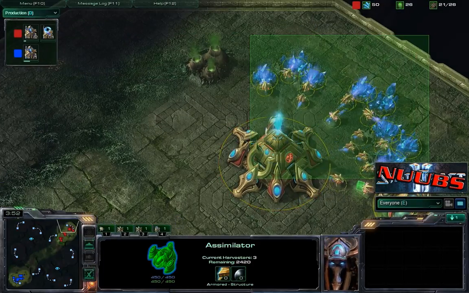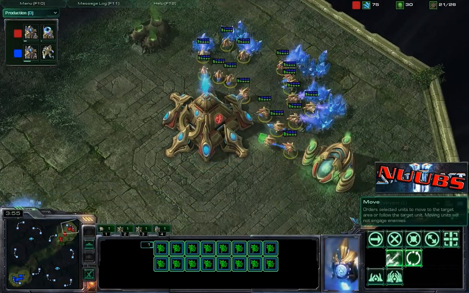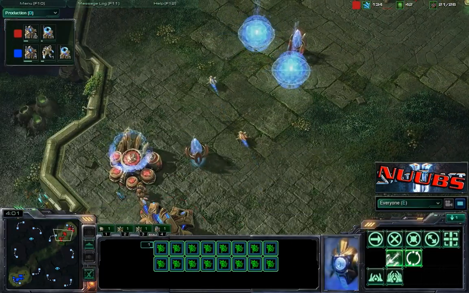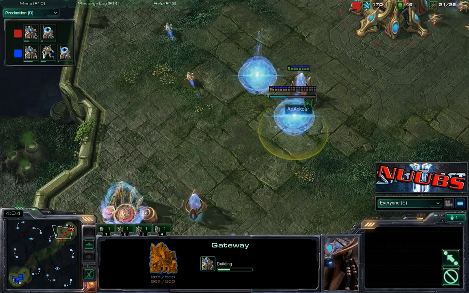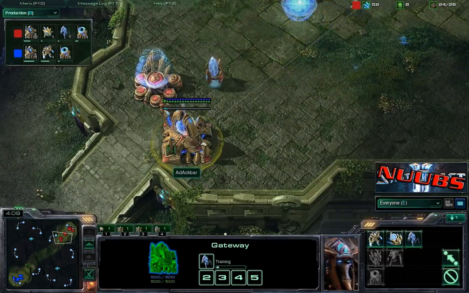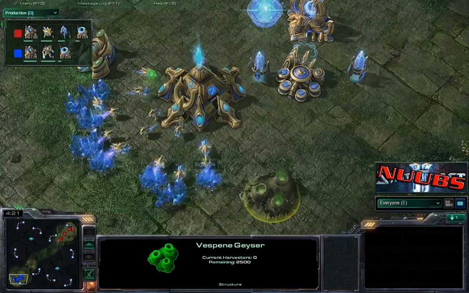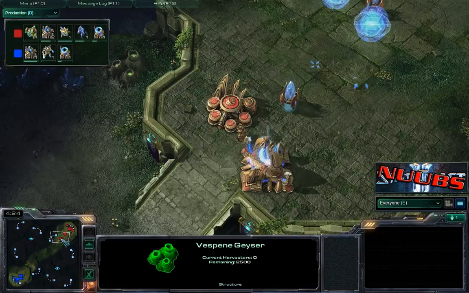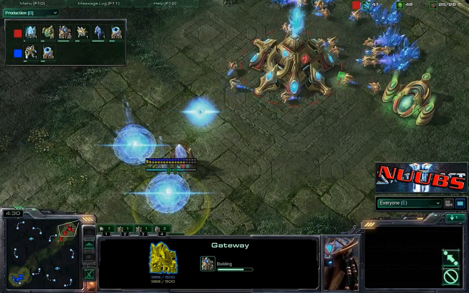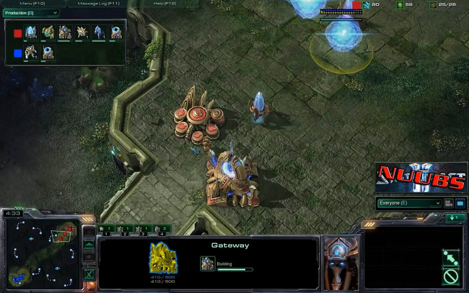Now normally what happens is you stop production right here. When you have 16 probes, you stop production because that's enough to sustain the amount of minerals you need between each round of warp-ins for your 4-gate. Players are doing what appears to be the same exact 4-gate build, though At Akbar seems to be a little bit ahead because he does have his third gateway down,